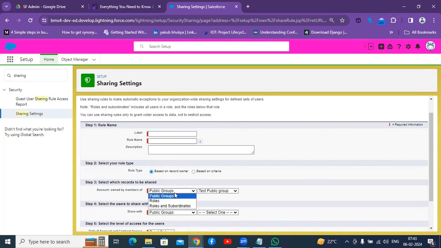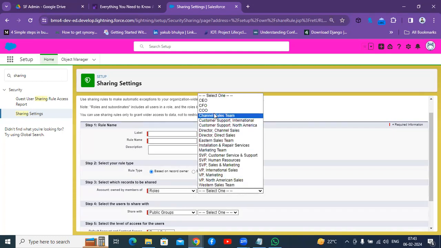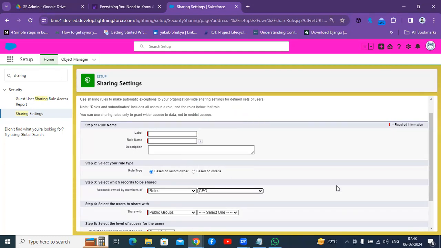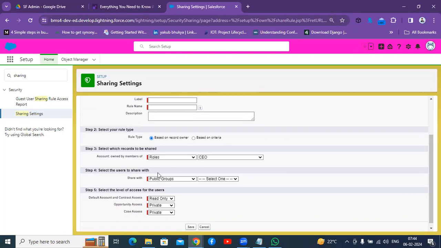Coming to the roles, let's suppose I'll select CEO. Whatever records are owned by the CEO role, meaning records created by me or owned by me, all those records I have to give access to the test public group user.